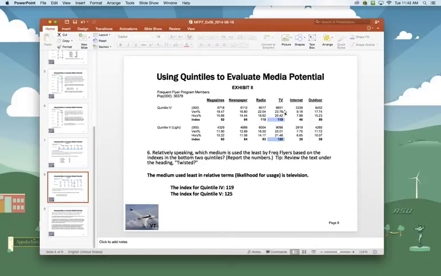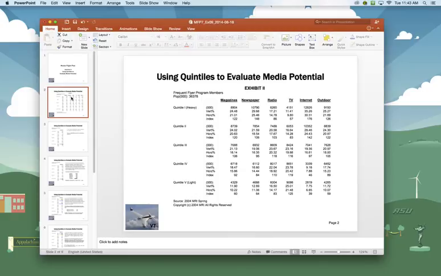So you might sit there and say, it should be internet, right? If we're looking at these particular areas, it should be internet because of these low percentages and index numbers that are coming out of it. But here's where it gets a little tricky, and here's where the difference matters. This is more or less explained in the last problem, problem number 7, is that when you're looking at